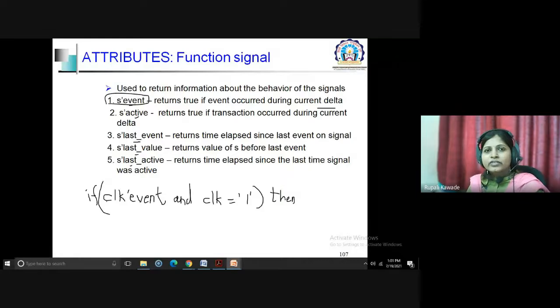Here we are checking whether any event occurred or not.